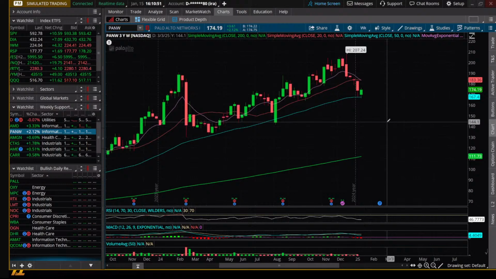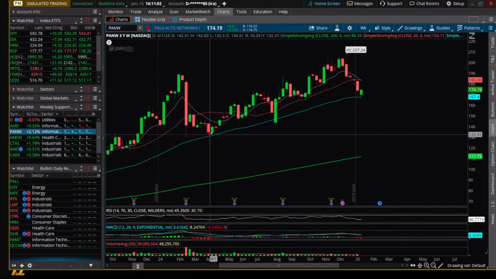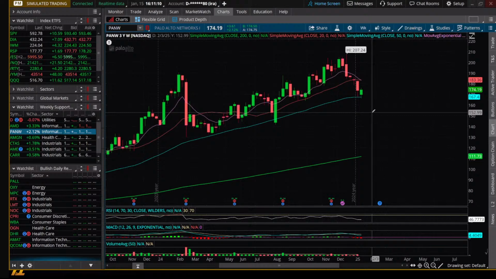And if that battle occurs, you could see the bulls obviously start to come through a little bit. And so you're sitting at that 50-period moving average, the exact same zone that the last 2 times we looked at this environment, the buyers stepped in. Are the buyers going to step in this time? I don't know. But I'm going to be looking at Palo Alto over the next few weeks as it approaches